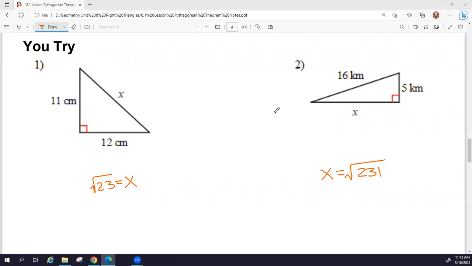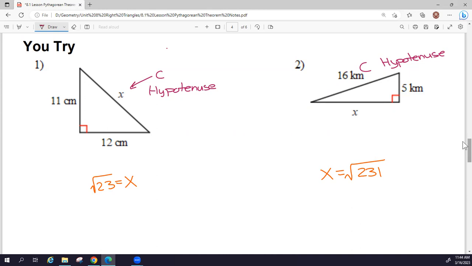So hopefully you got these 2 answers. Just a quick note that perhaps if you got the first one wrong, check to make sure that you labeled that side C because that is the hypotenuse. Or maybe conversely, if you got this one incorrect, make sure that you label this side C, because this one is the hypotenuse. So in one of them, you're solving for the hypotenuse, and in the other one, you are not. So if you got one or both of these wrong and you can't figure it out, please ask one of us for help before moving on to the practice.